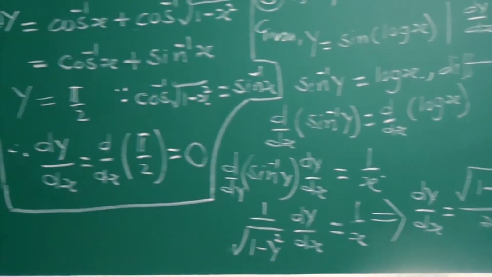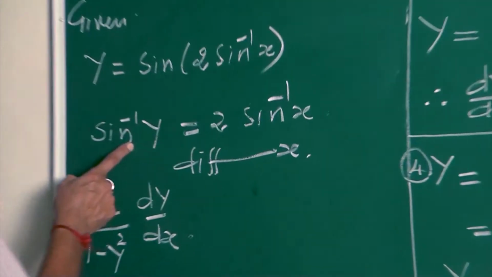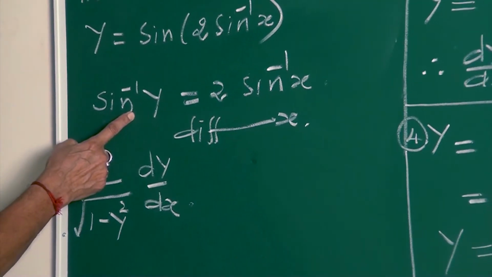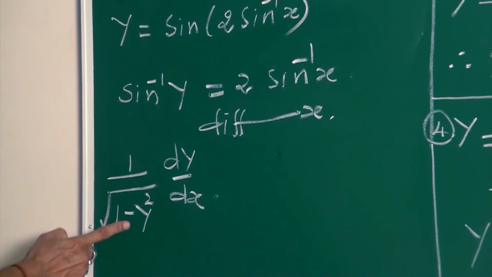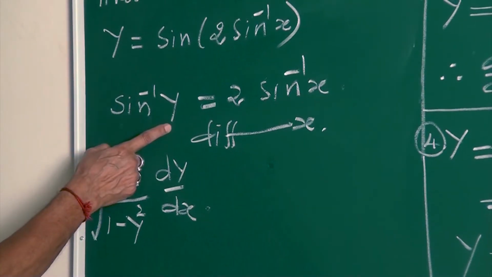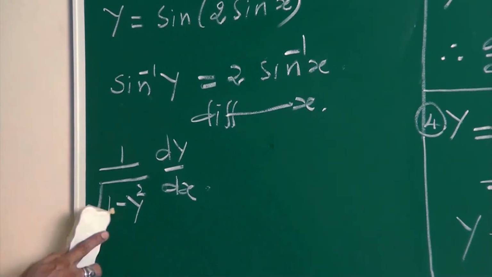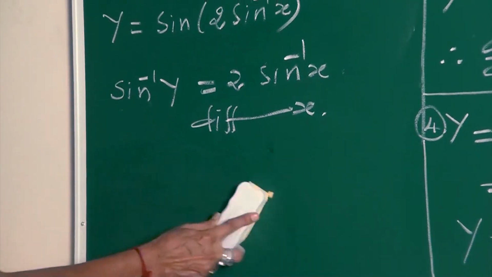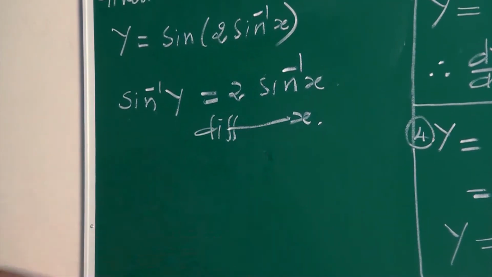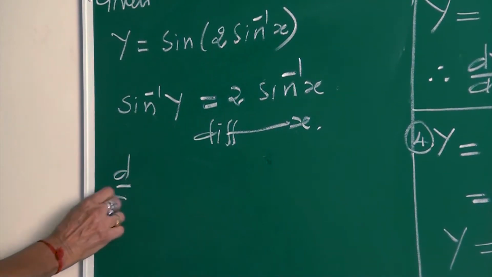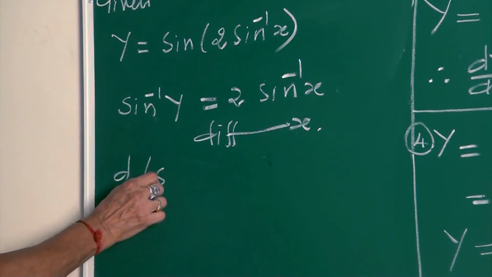Same here. First with respect to y. What is the derivative of sine inverse y with respect to y? It is 1 by root 1 minus y square into the derivative of y with respect to x. Otherwise, if you want, you can write one step more. Differentiate with respect to x. Yes. It is d by dx of sine inverse y